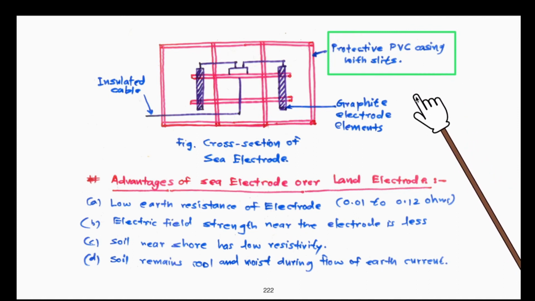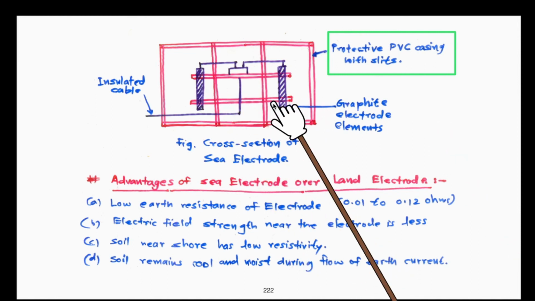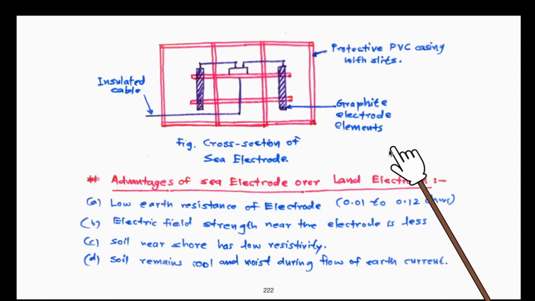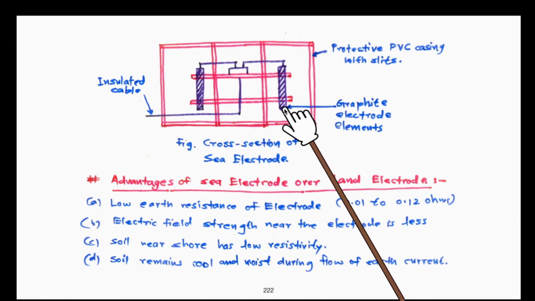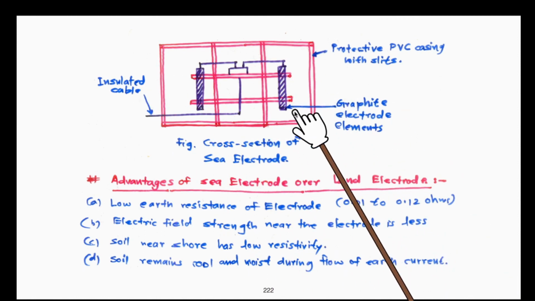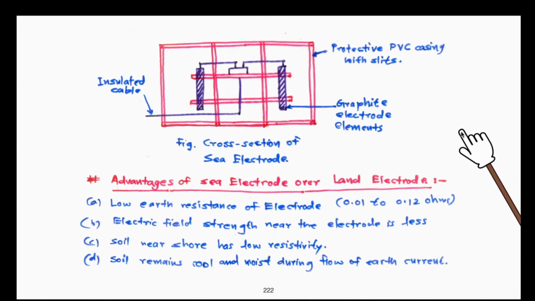Okay, not only will this provide safety to the marine life and human beings, it will also provide safety to the electrode structure itself from maybe sea storms or ice formation, isn't it, or some turbulent sea activity, right? So for that we require the protective PVC casing, but the rest of the details are more or less the same. The current will be coming all the way to the electrode, and then contact of the electrode with the sea water, right, and then the current will be flowing through that. Okay, now what are the advantages